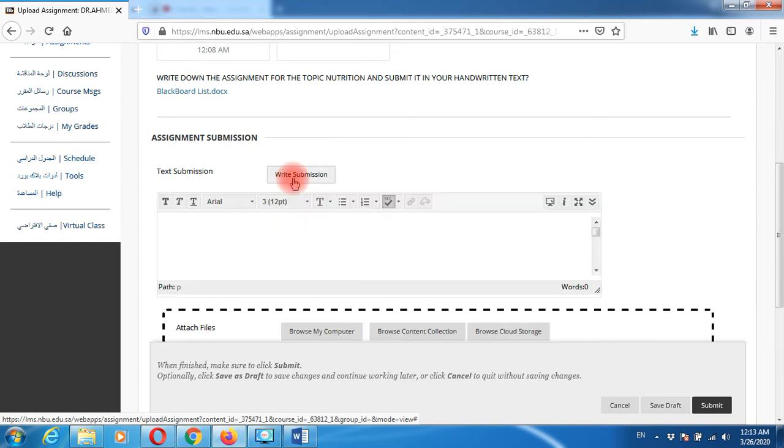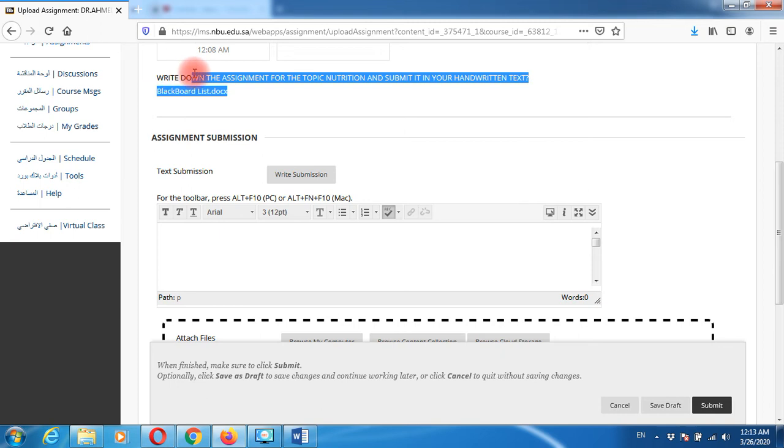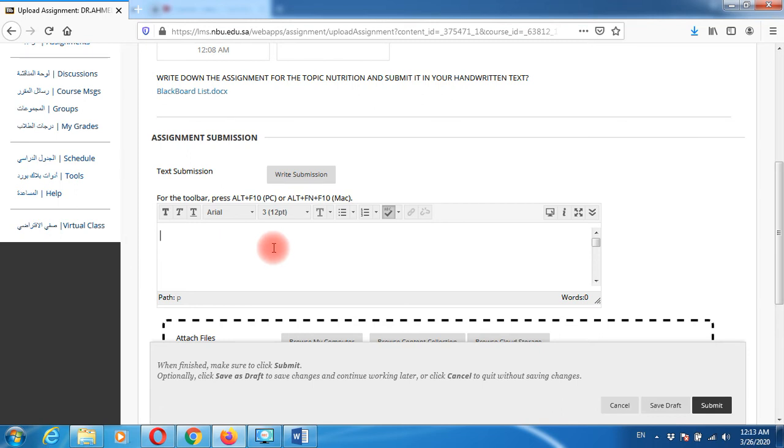The first way is to write the submission. Now I'm a student, I'll write the submission. The question is, I will see my faculty's question. Write down the assignment for the topic nutrition, submit it in your handwritten text. Now I'll write the text and submit it. For example, I'll write it as nutrition is a medical term